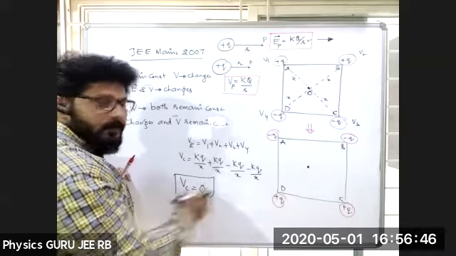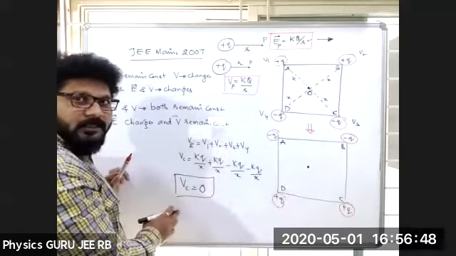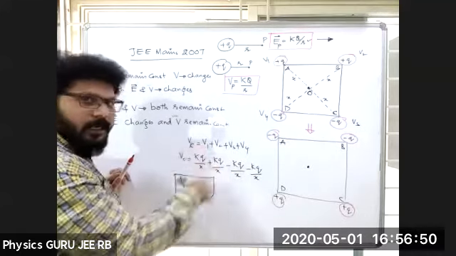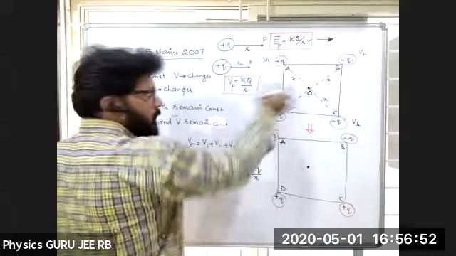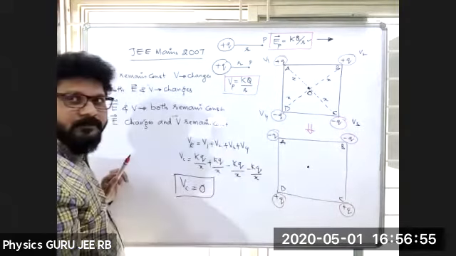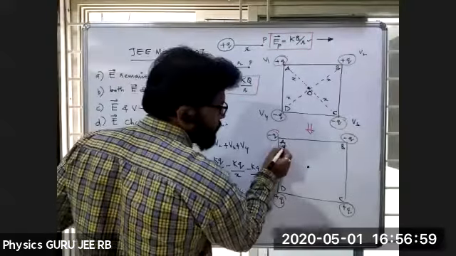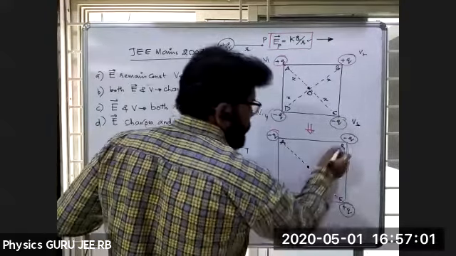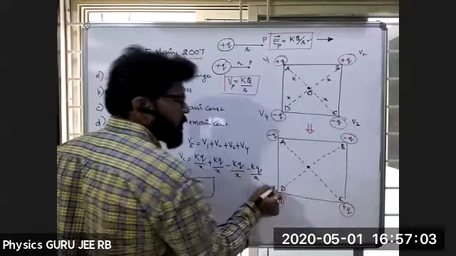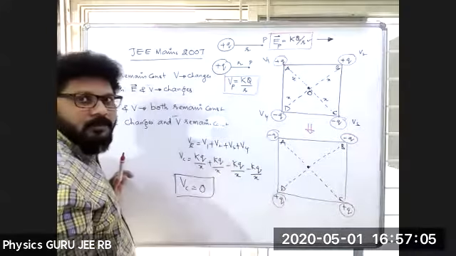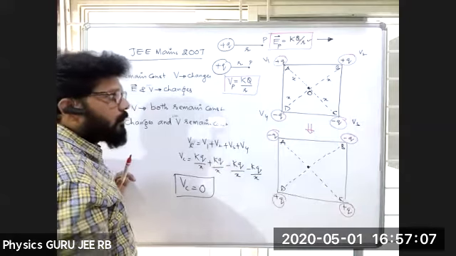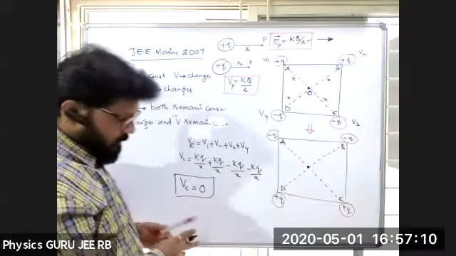Yes, in both the cases, potential at the center is what? Zero, right? Simply adding all the things. So potential formula is KQ by R, that's all. KQ by R. Now, let us take, so at this particular point it is what? Zero. At the center it is what? Zero. Okay. Now coming to electric field intensity.